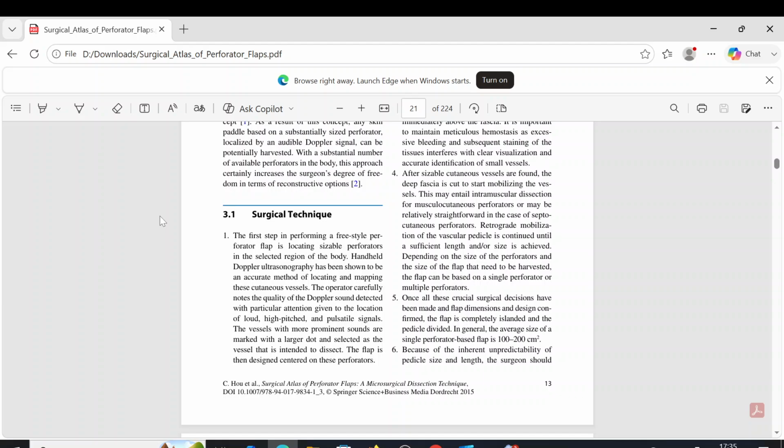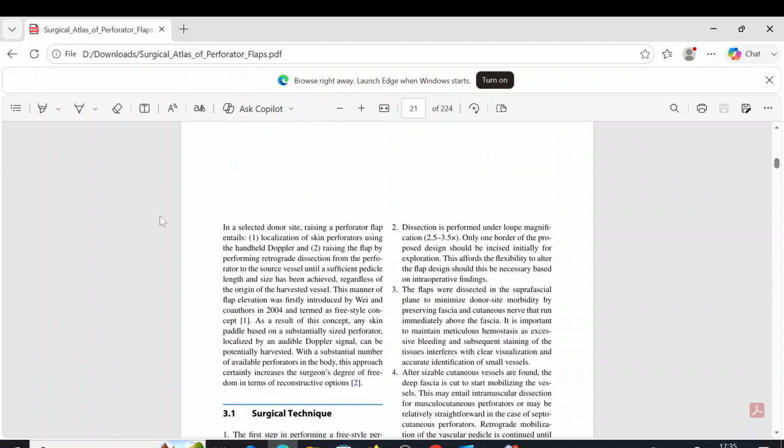The operator carefully notes the quality of the Doppler sound detected, with particular attention given to the location of loud, high-pitched, and pulsatile signals. The vessels with more prominent sounds are marked with a larger dot and selected as the vessel that is intended to dissect. The flap is then designed centered on these perforators.